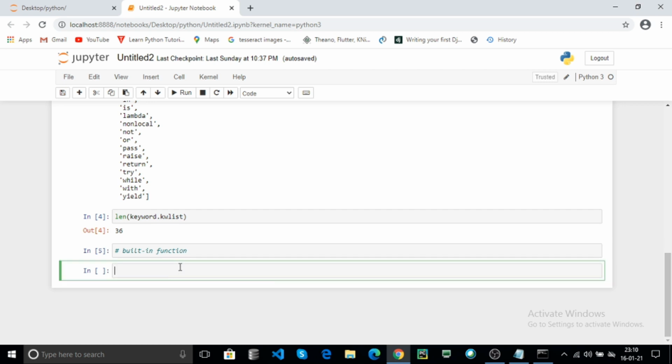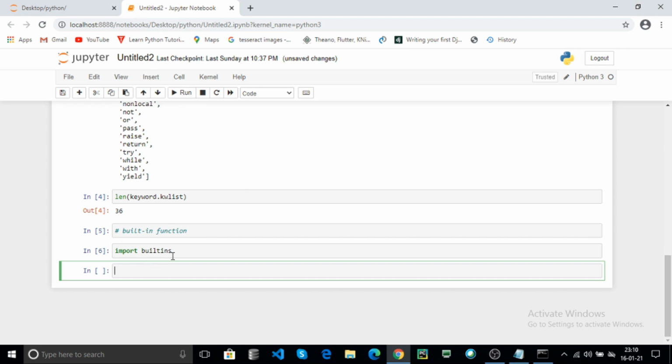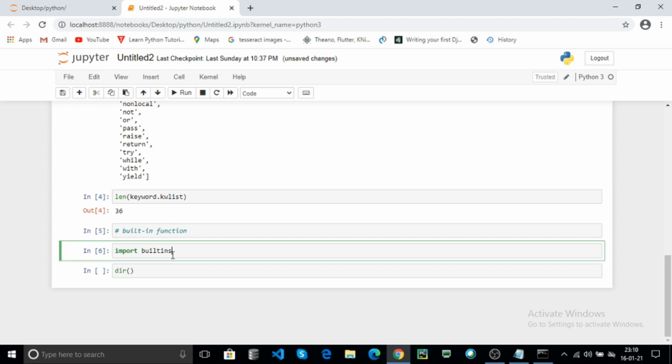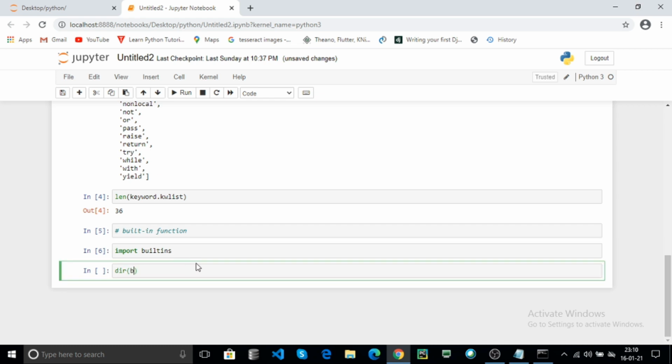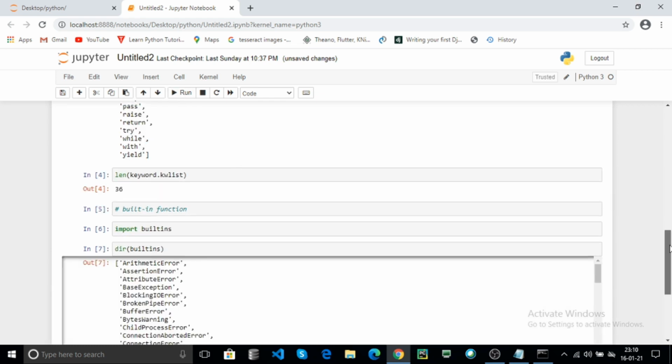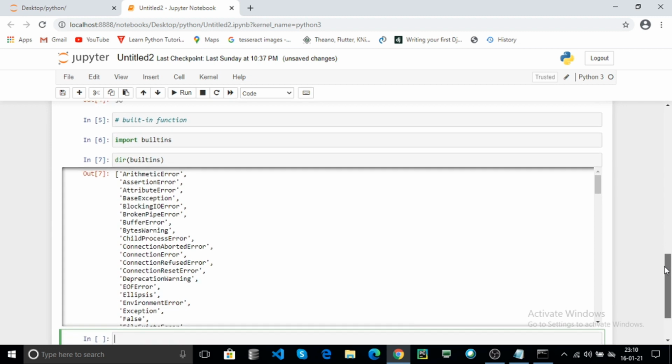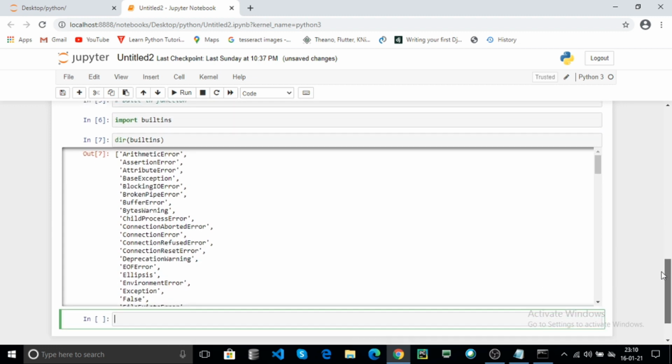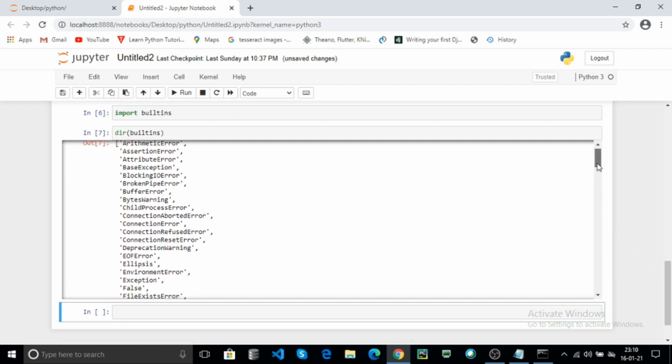Now let's check all the built-in functions in Python. Use the builtins module. Click on run. You can use dir and directly use the module name, and click on run. Here it returns all the errors along with the built-in functions.